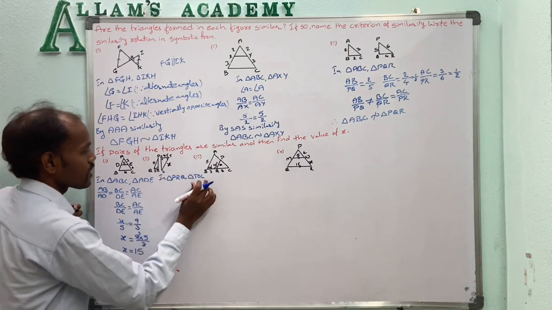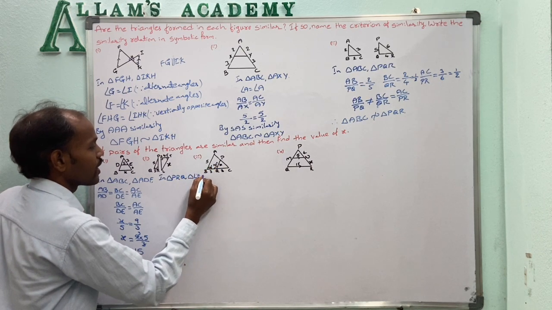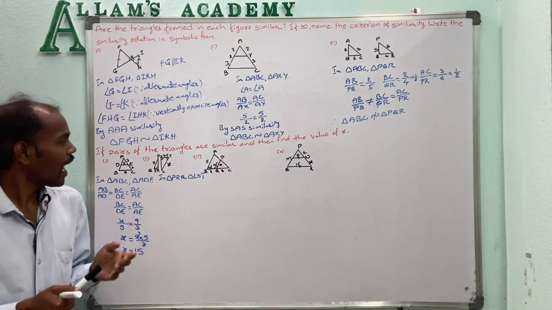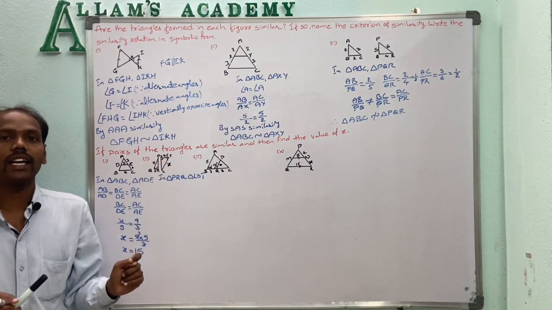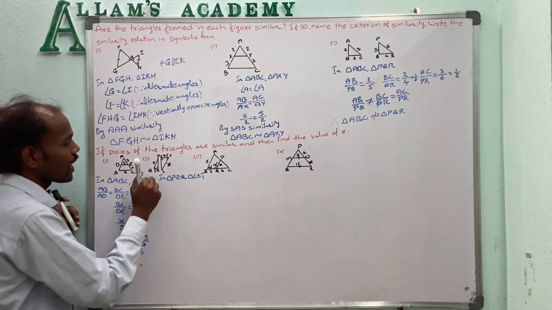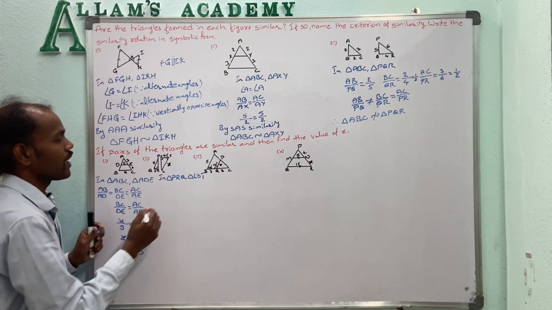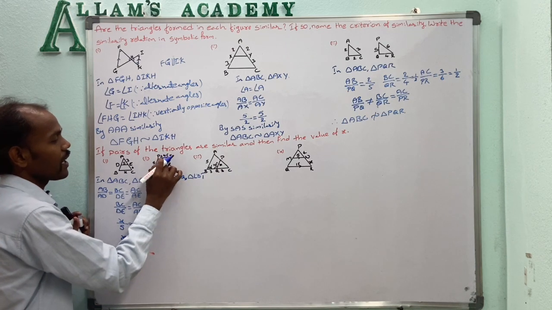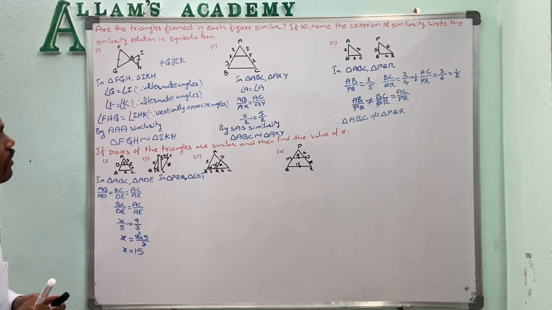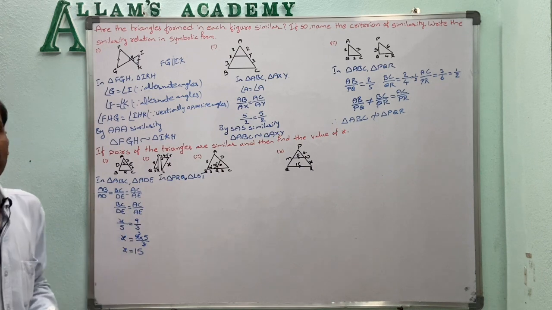Okay, so their similarity order written means triangle LST. Why? Because here angle R and angle S are corresponding angles, equal, given that they are 90 degrees, and angle Q and angle T are corresponding angles, given. That means the remaining angle, angle P and angle L, are also equal. So by AA similarity, these two triangles are similar.